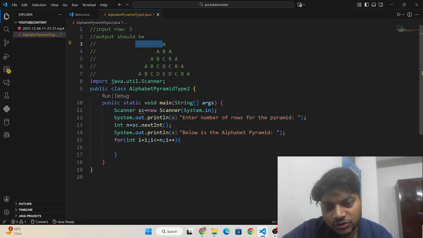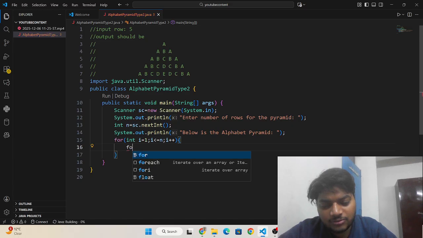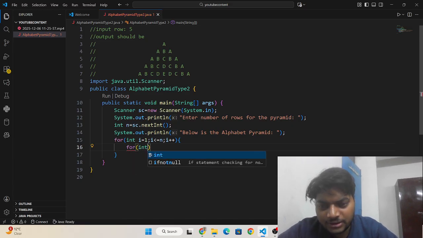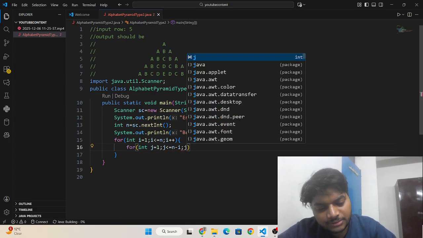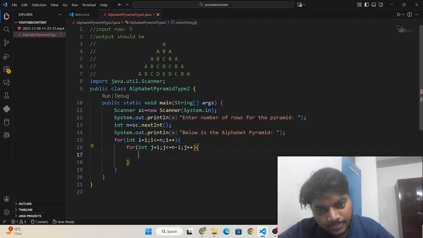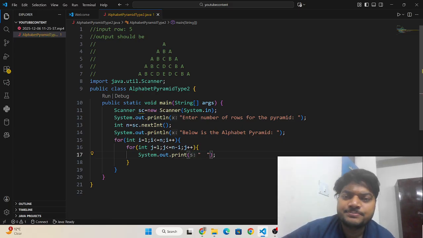So to print the number of spaces I am going to write: for int j equals 1, j less than or equal to n minus i, j plus plus. And then I need to print two spaces only. Why two spaces, sir?